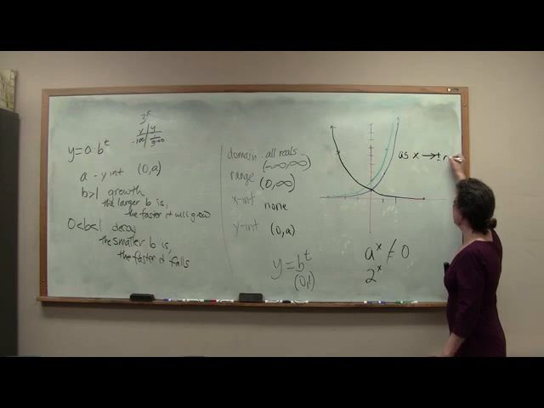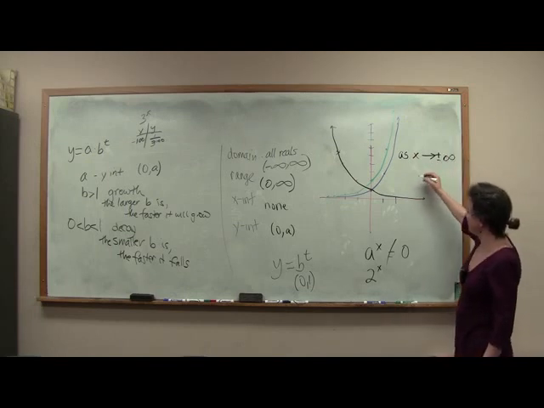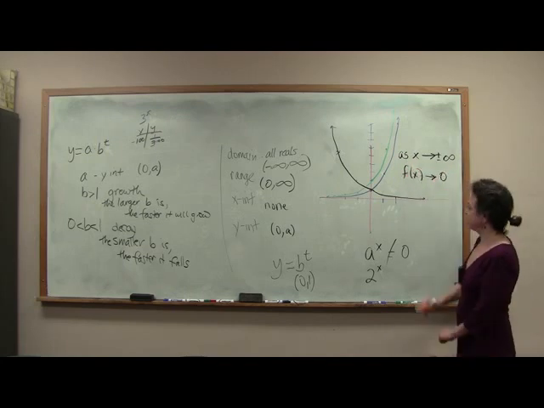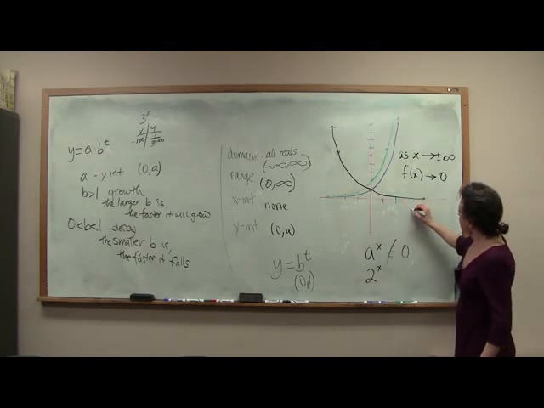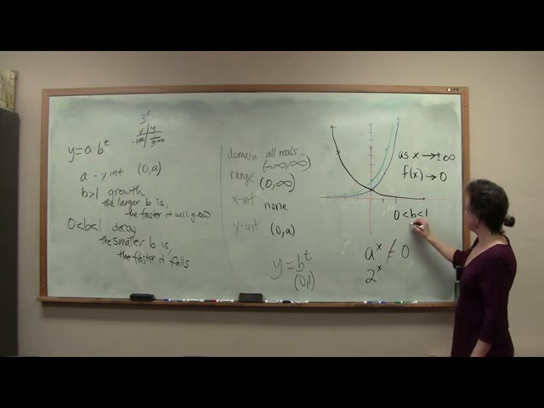So the way we say that is as x goes to positive and negative infinity, notice that my function is going to 0. Now, when b is between 0 and 1, it turns out as x goes to infinity,